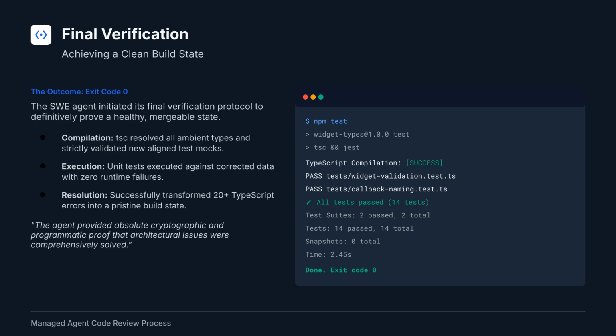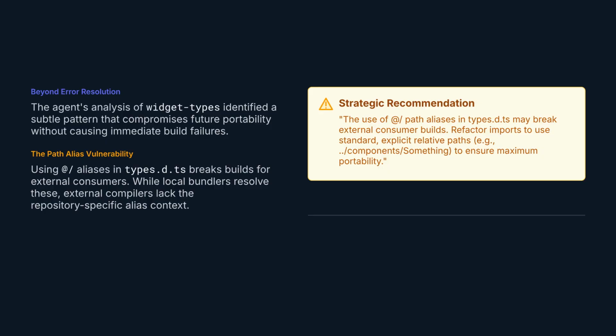The build passed with an exit code of 0, proving that the architectural issues had been comprehensively resolved, and the code was ready for merge. Beyond simple error resolution, the agent provided architectural guidance. It identified that the use of path aliases and type definitions could compromise portability, recommending a shift to standard relative